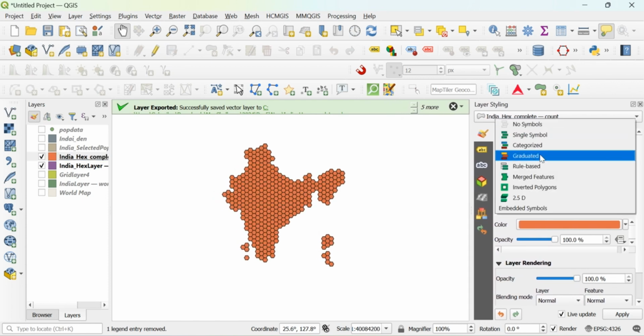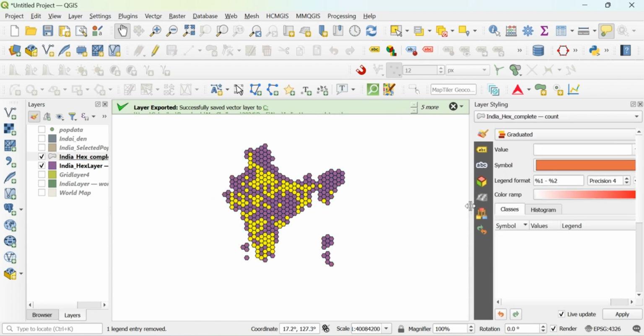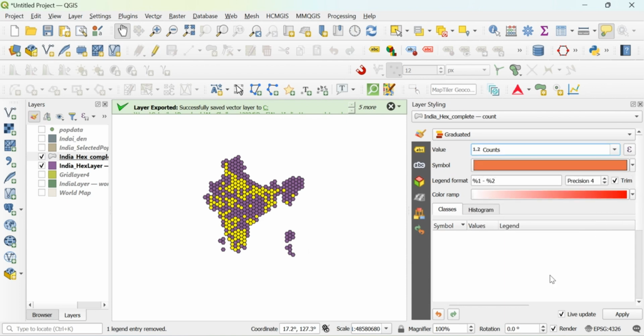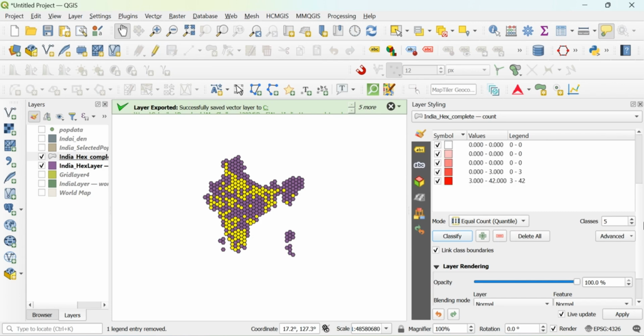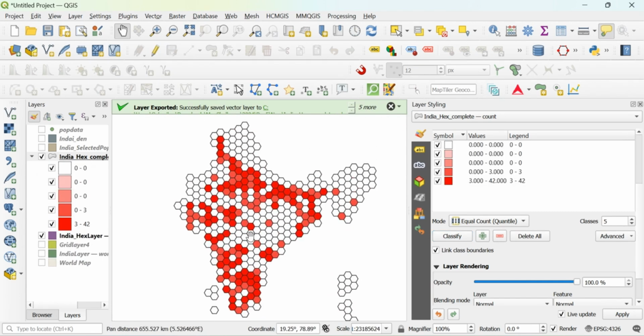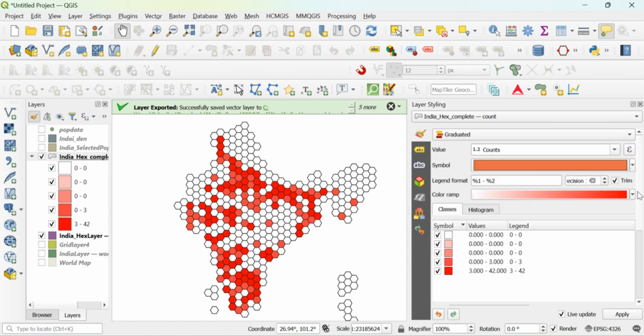We just have to perform some visualization, displaying the counts, and we will click on classify. Like I always say, symbology is always a little bit tricky because you can explore different types and you are always not satisfied with the best one.